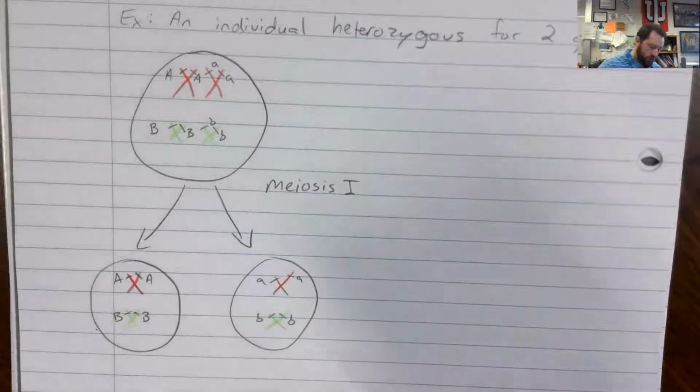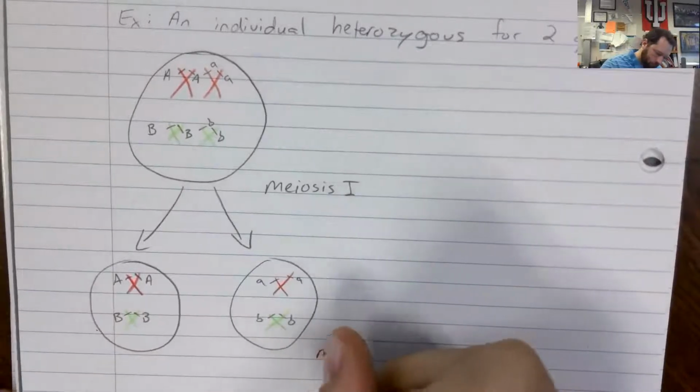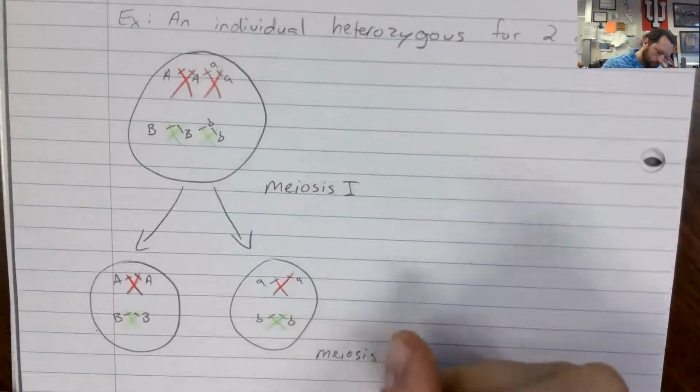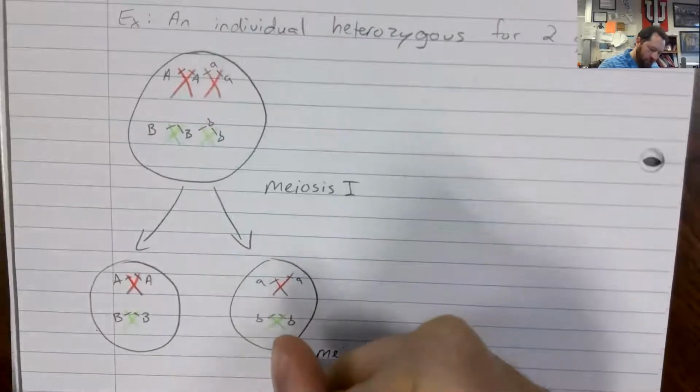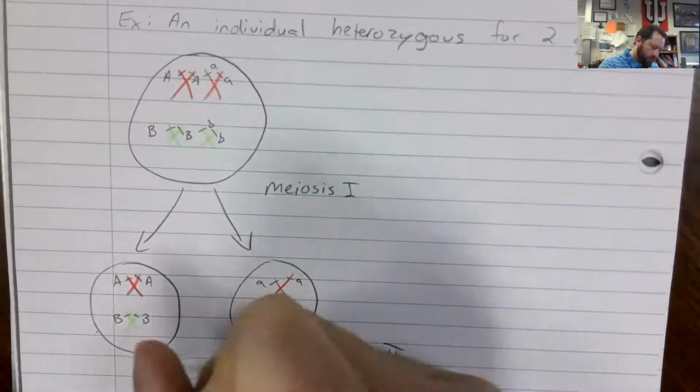We go through meiosis 2. And we produce the gametes